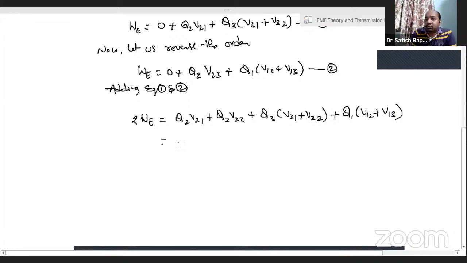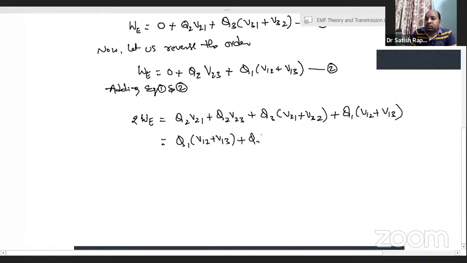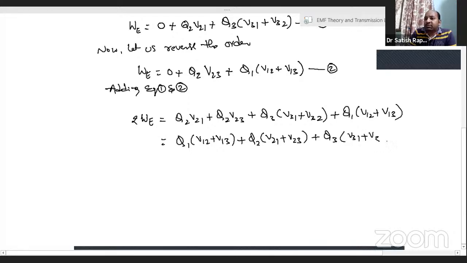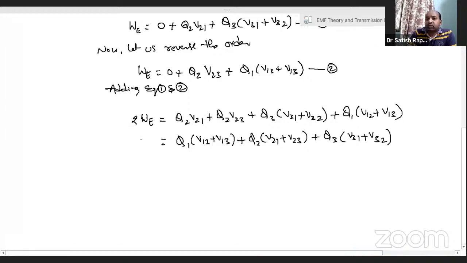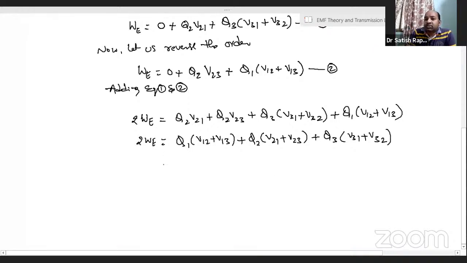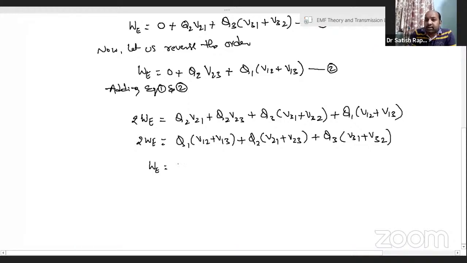So this is equal to, writing in order, Q1 V12 plus V13 plus Q2 V21 plus V23 plus Q3 V31 plus V32, right? So 2 WE, this is the work done, and 1 by 2 into